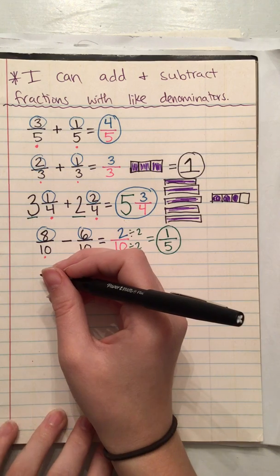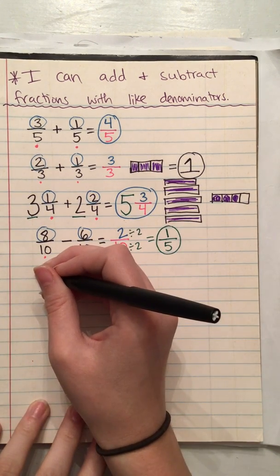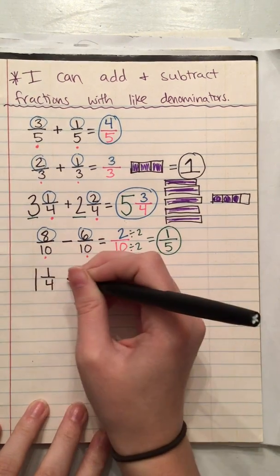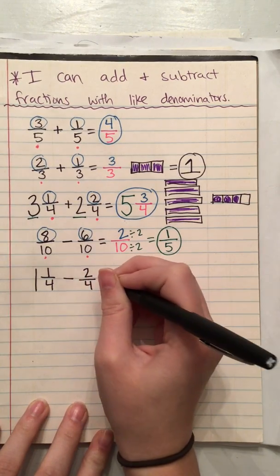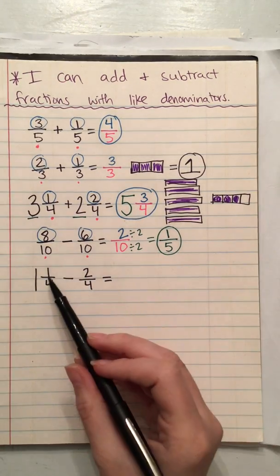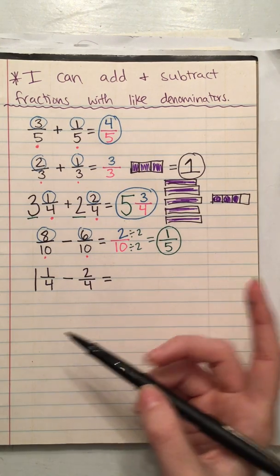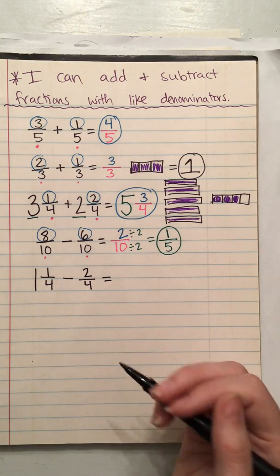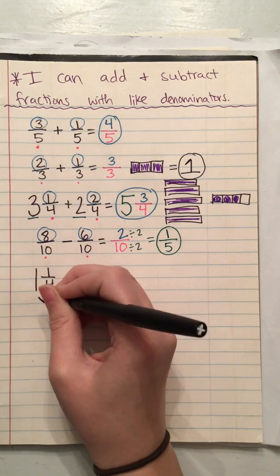Now I want to show this one here because this might be a little bit tricky. So we've got 1 1/4 minus 2/4. Okay? 1 is less than 2. If we have 1 of something, we can't take 2 away from it. So we have to borrow somewhere. We're going to borrow from this whole number. So I'm going to change this to,